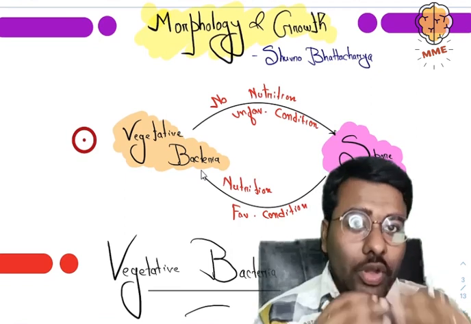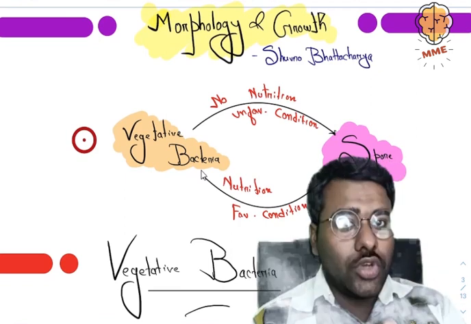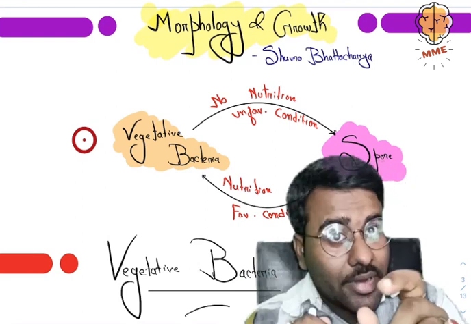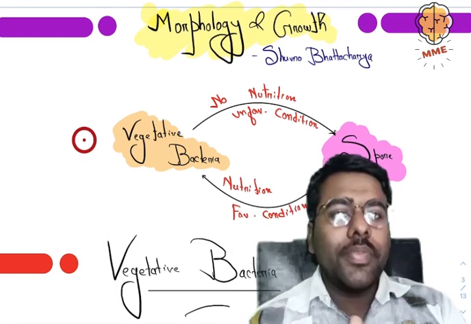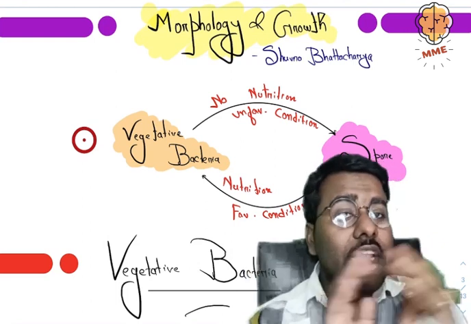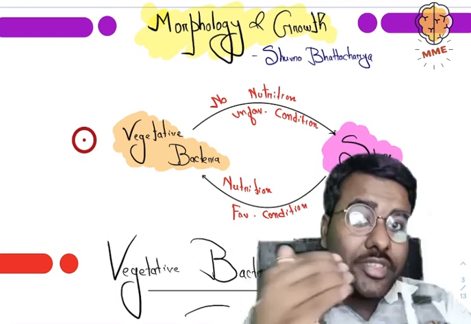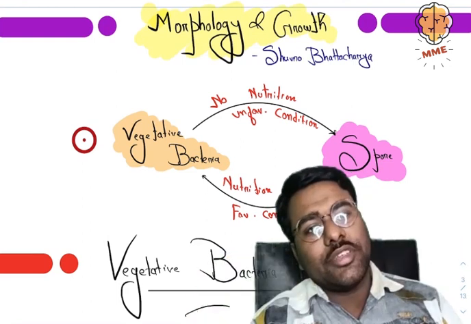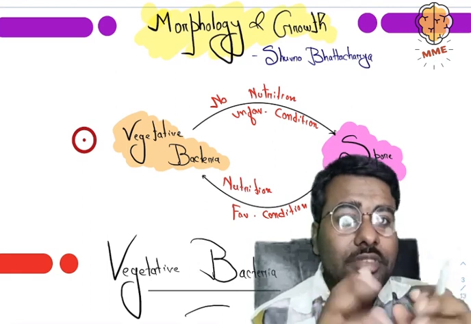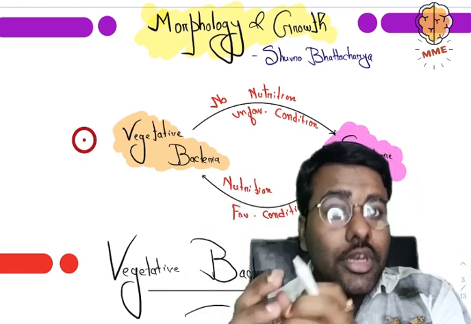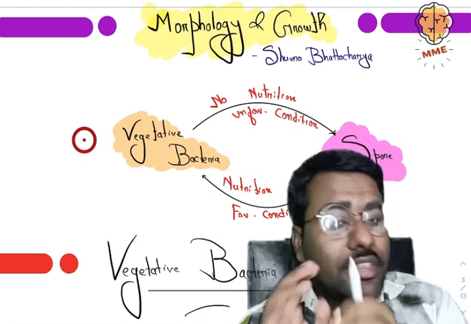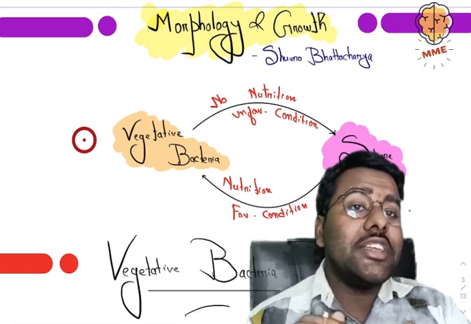We know there are two stages of the bacteria. One is the vegetative stage, and some of the bacteria contain a spore stage, not all. So spore-forming bacteria have two stages, vegetative stage and spore stage. When the bacteria get nutrition, they relax and stay in the vegetative state. But when unfavorable conditions come and there is no nutrition, the vegetative stage is over, and they go to the spore stage to tolerate the unfavorable condition. Okay, so let's start with the vegetative bacteria.